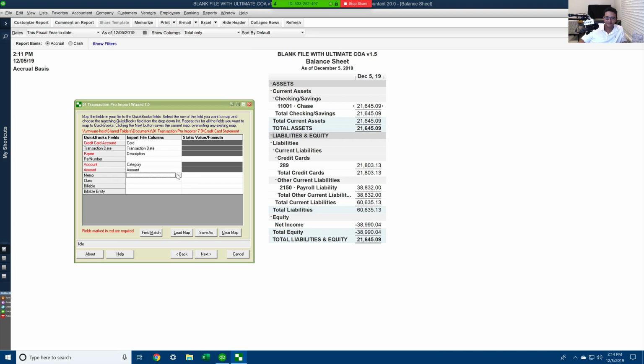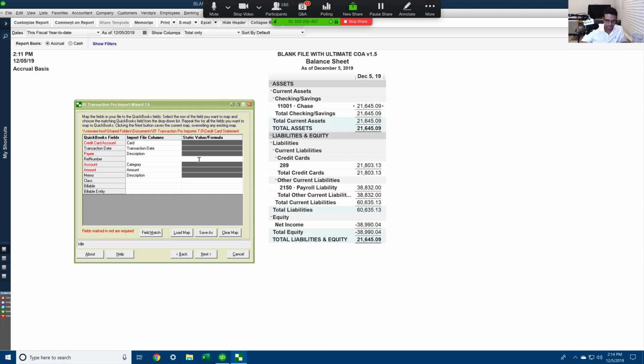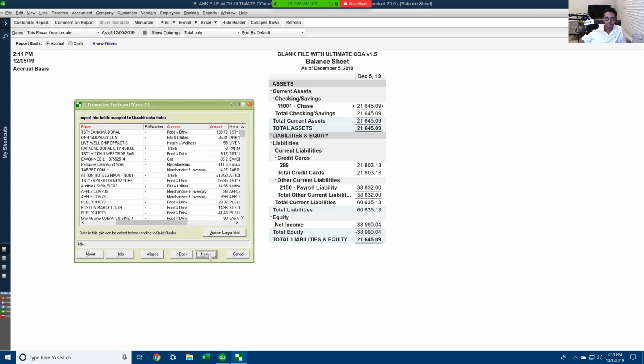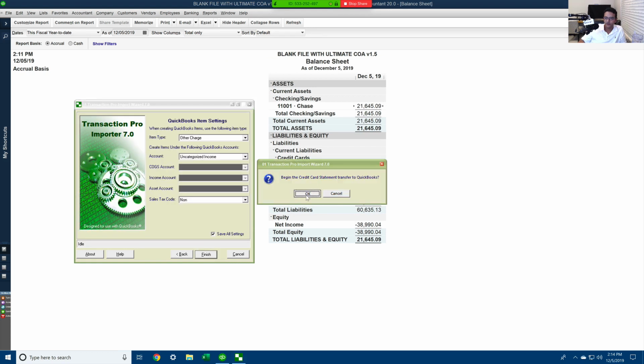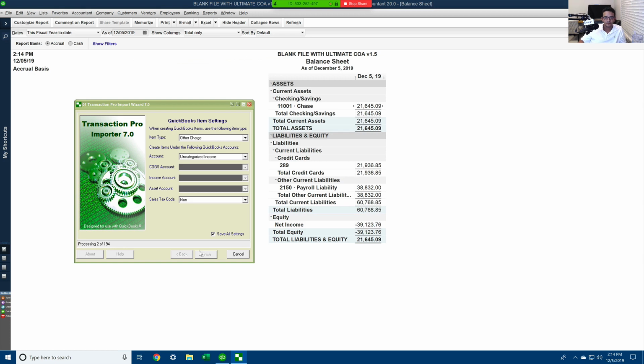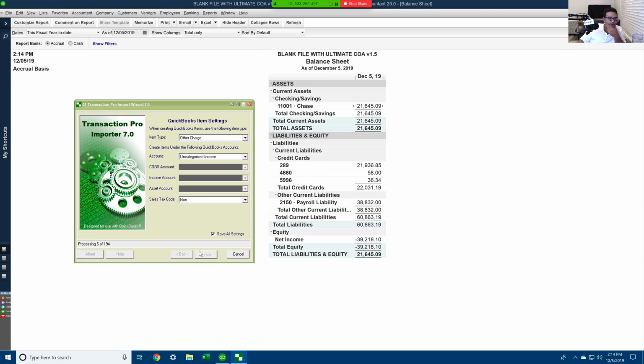Okay, so I'm doing the exact same thing as I did before. I'm just putting the same information here. Perfect. Okay. So I'm going through the import process, and